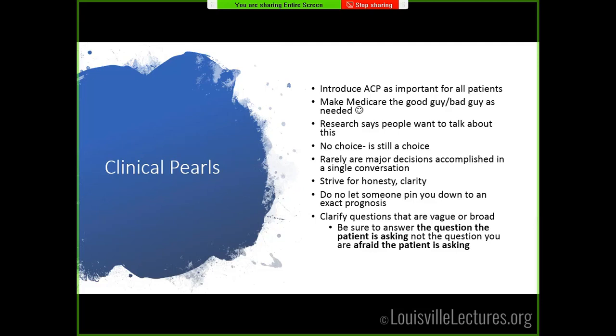It's important to remind folks that no choice is still a choice. If folks do not complete an advanced directive, what are we going to do? We're going to assume that they want the full scope of treatment that we can pretty much imagine for them. So if patients are not interested in that level of treatment, or depending on their situation, some limitation in that, then we really need to make sure we get that on paper. But even if they have decided not to put anything on paper, we still have a plan of care for them, and they need to know what that plan of care is.